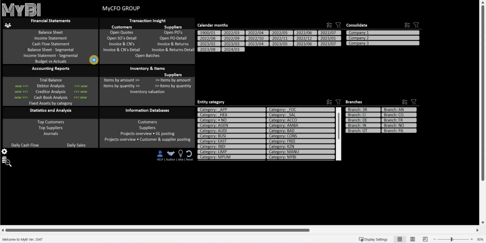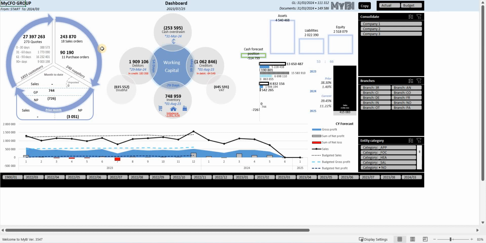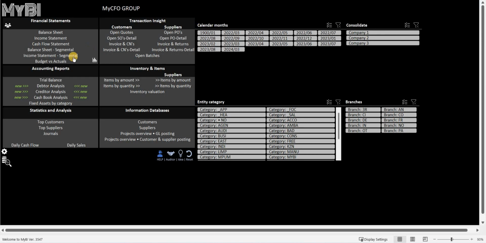So as it loads, the reason why it takes just a short while to load is that it prepares the report for the user. So here you'll see this is the dashboard, and you can also click through on these bubbles through to the various cash book or debtor and creditors analysis. All right, so let's quickly go back to the main page, and then we'll go firstly to the data